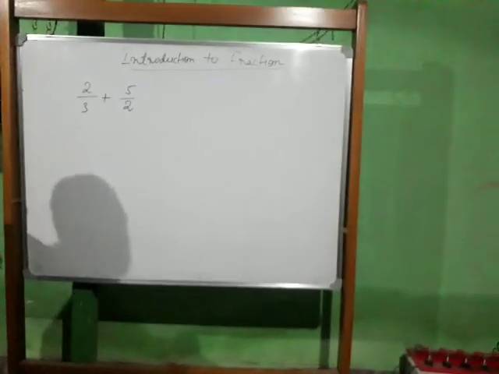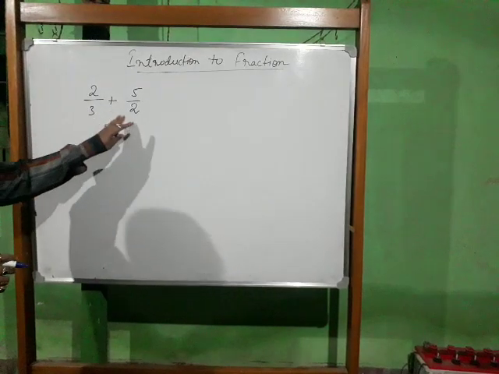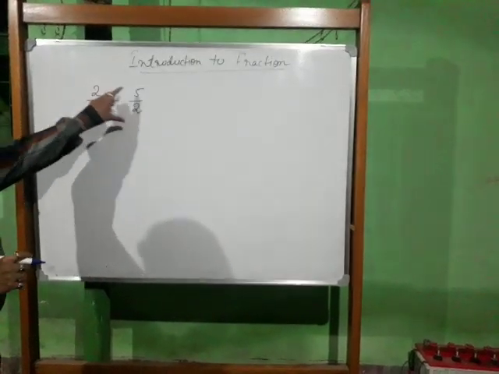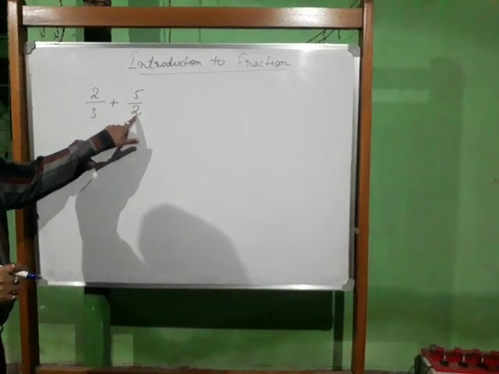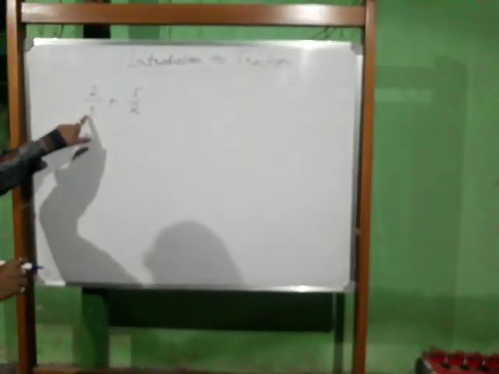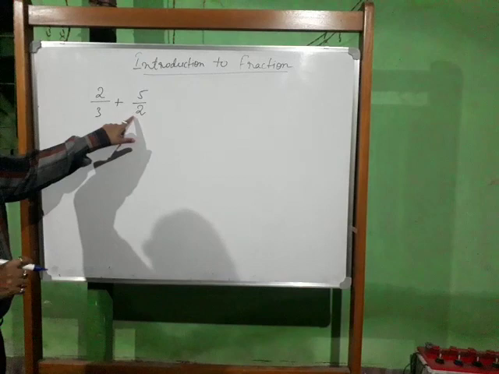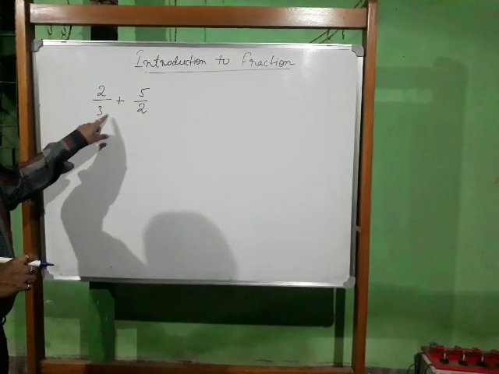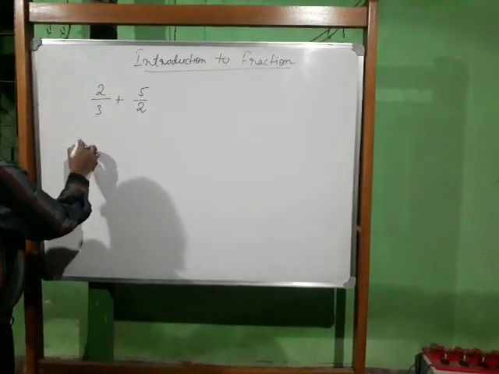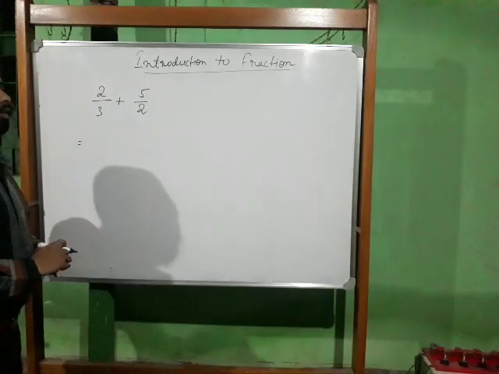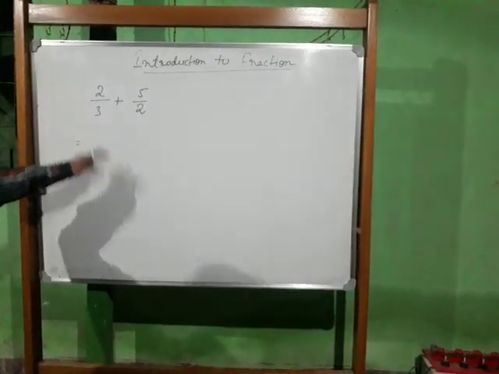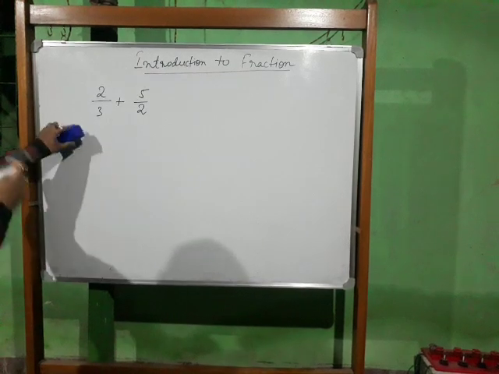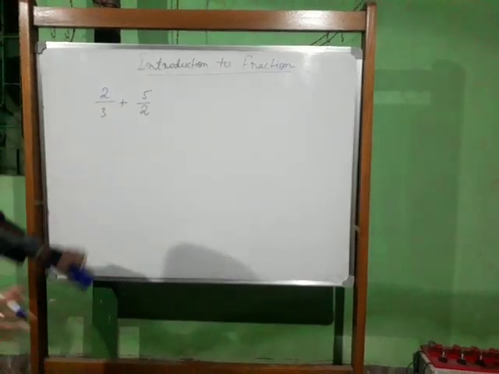Now you can see, and I think all of you are familiar, when two fractions are added, what we have to do? We have to take the LCM of the denominators, and you see in the denominators the numbers are different, 3 and 2. So we have to do LCM. What is the LCM of 3 and 2? It is 6. Okay, before doing this, let us do it in a simple way. It will be a little bit lengthy, but it will be very easy for you to understand.